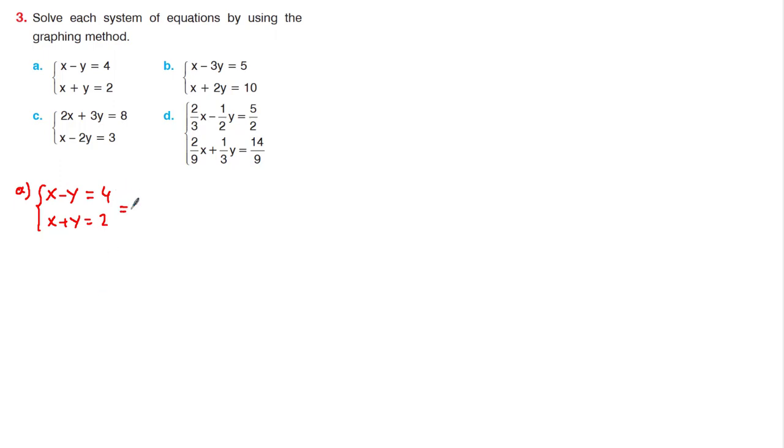Again, I can use xy intercept method. So dividing both sides by 4, I do get x over 4 plus y over -4 equals to 1. And on the second equation, I'm dividing both sides by 2. I'm getting x over 2 plus y over 2. That should be 1. All right, so expressing it on the coordinate plane,